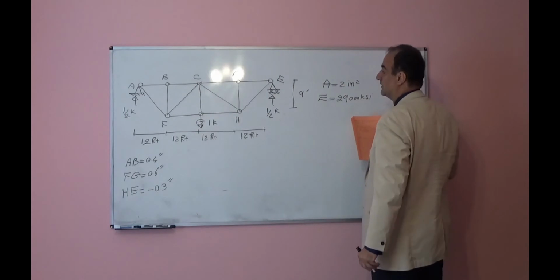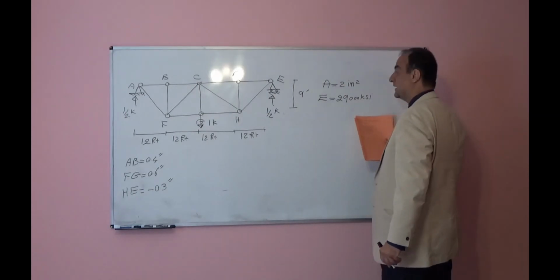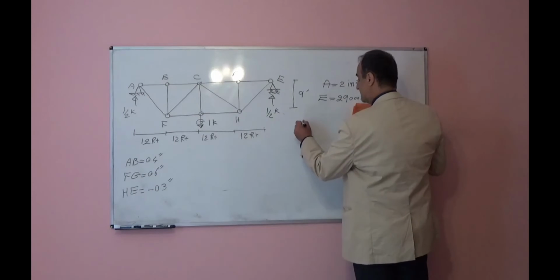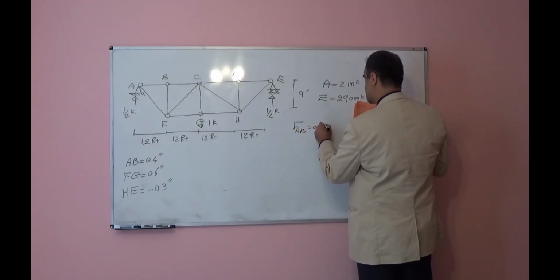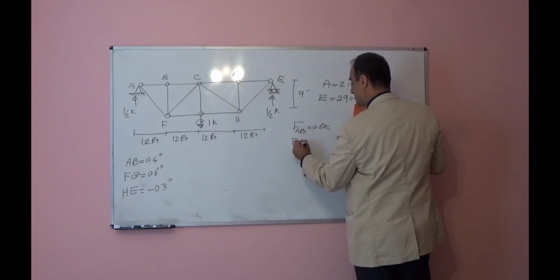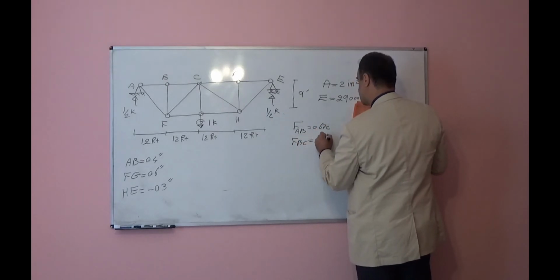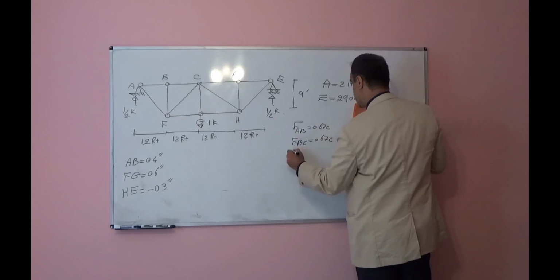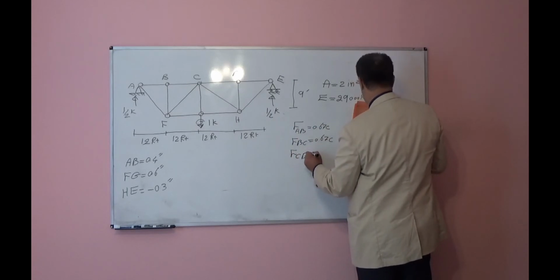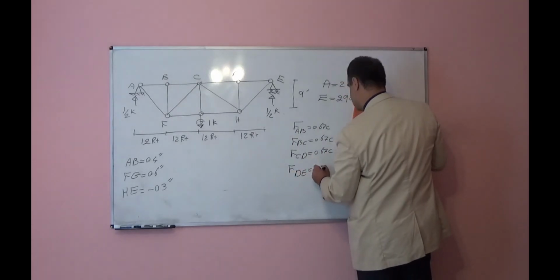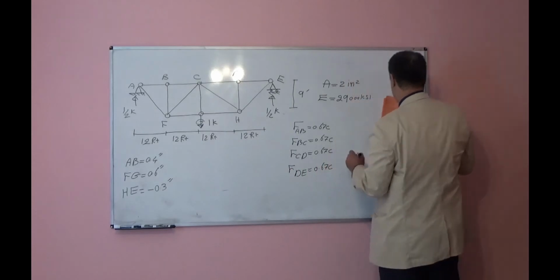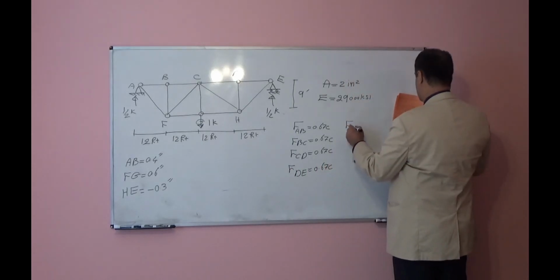This time, I can write FAB will be 0.67 compression, FBC 0.67 compression, FCD 0.67 compression, FDE will be 0.67 compression, AF will be